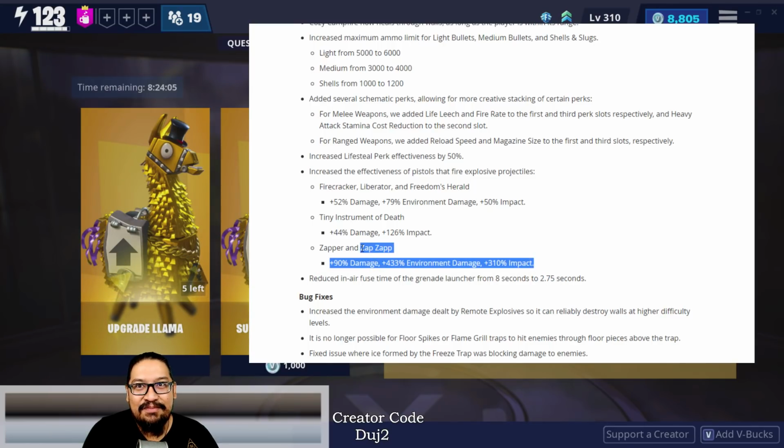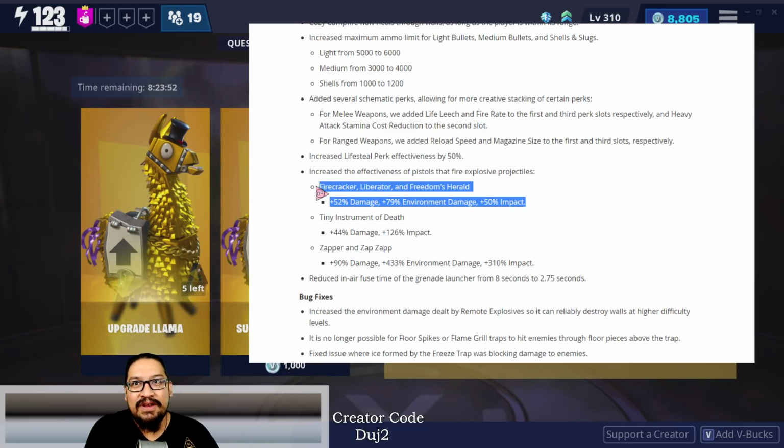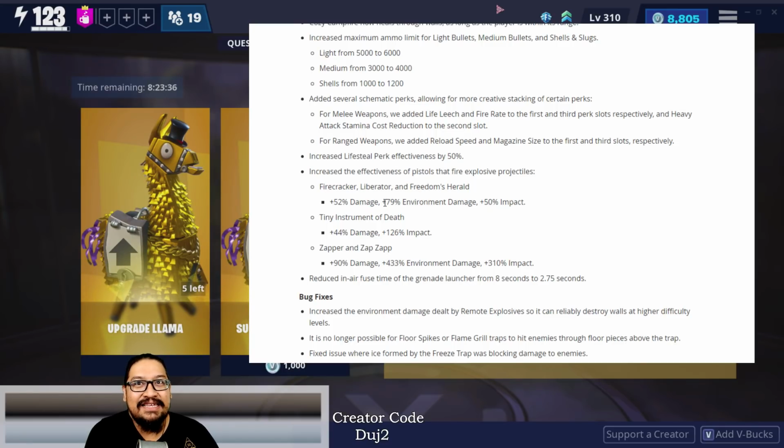This is why right here, because the Zap Zap became just absolutely incredible. But enough said. Let's talk about the Freedom's Herald. So if you see here, the tiny instrument of death also got a big boost, but this is also the Freedom's Herald, and right here the Freedom's Herald got itself a boost because the effectiveness of pistols that fire explosive projectiles was increased. So the Freedom's Herald got a 52% damage increase, a 79% environment damage, and a 50%